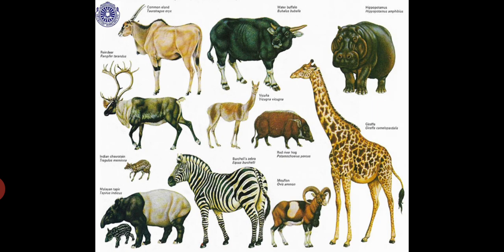So here in this slide you will be observing the different types of such herbivorous ungulate animals. So this is for your reference. Though you must have seen these animals in photographs or on TV channels or in some other places, this is for your reference. You can see the foot region or the ungulate condition in case of all these animals which come under order Ungulata.